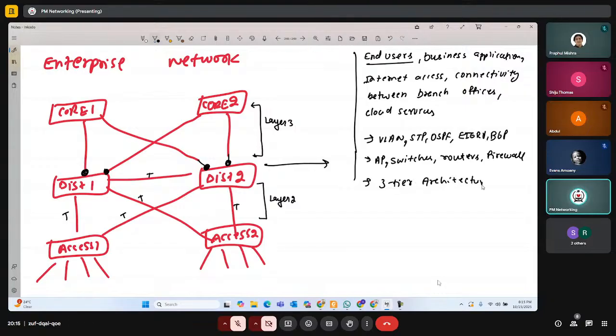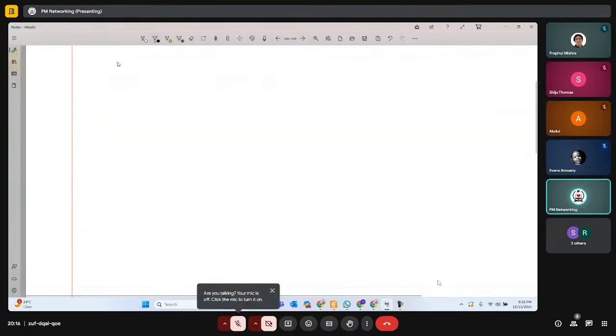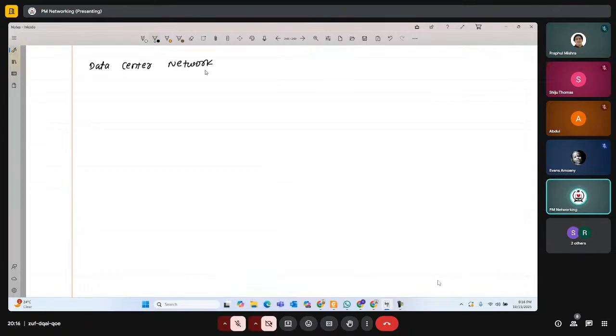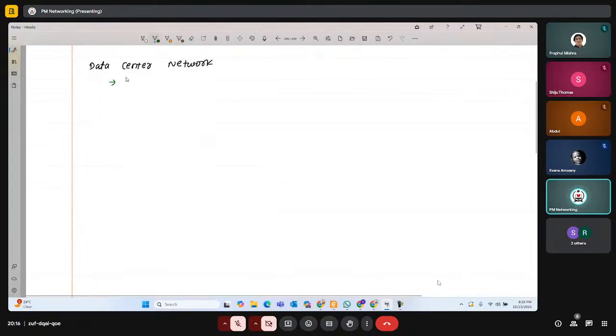That was the problem now, because in the initial days, we tried to replicate the same design which we use in enterprise network for data center network. But if you look at it from the user's perspective, what does a data center network offer? Why do we have a data center network? As its name suggests. So guys, whenever you learn about data center network, and in the first class also we have discussed, data center network is built on three technologies: